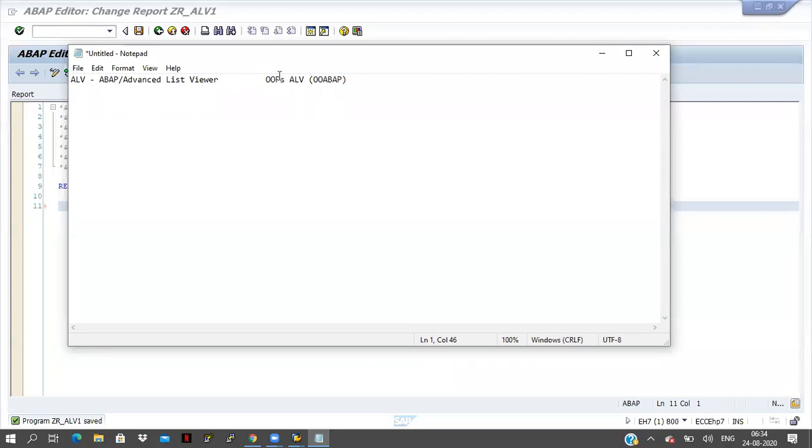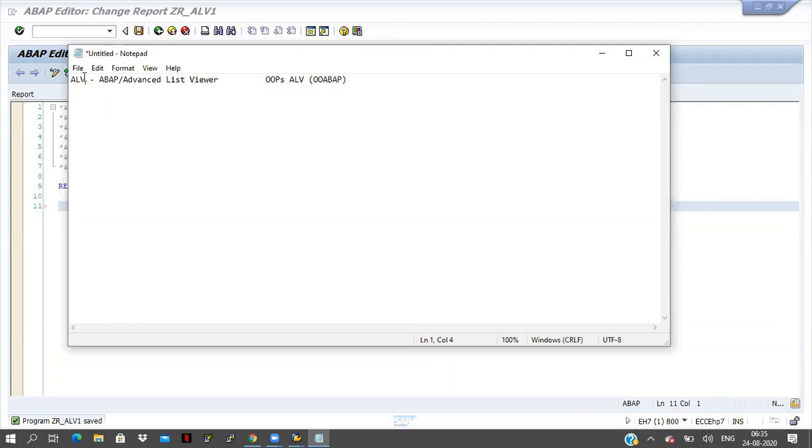OOPS ALV comes under the OO ABAP concept. We will discuss that at the end of the course. OO ABAP I will also discuss, but it will take a lot of time. As of now, I am discussing ALV.